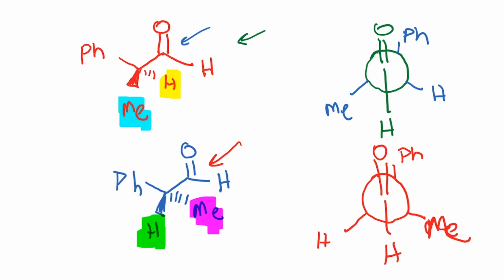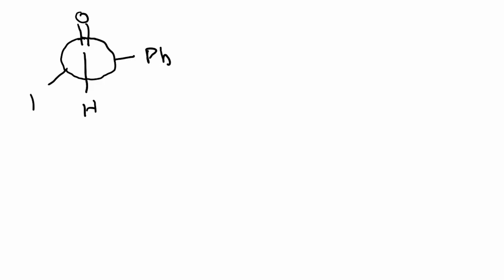All right, now let's try to see if we can draw this in a slightly better way. Okay, I'm just going to spend a little bit of time and draw all the conformations, so you need to be a little patient with me here. So let me first draw one conformation of this molecule, C double bond O, H, and let's say I'm going to draw one of the conformations where phenyl is here, hydrogen is here, and methyl is here.